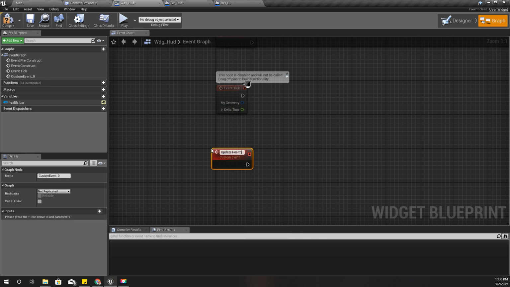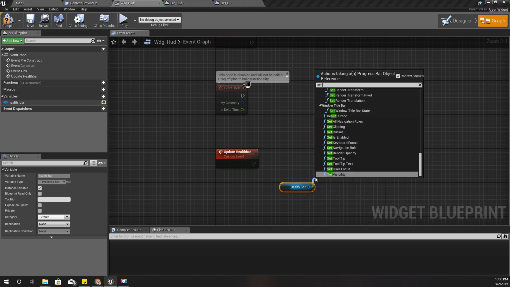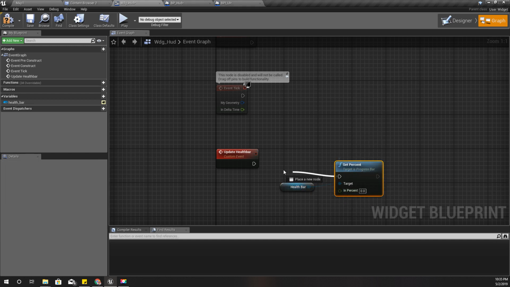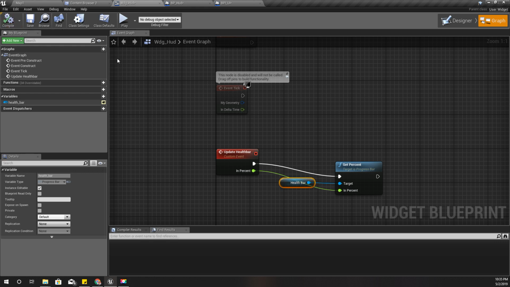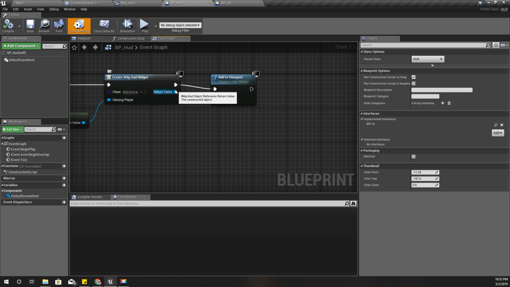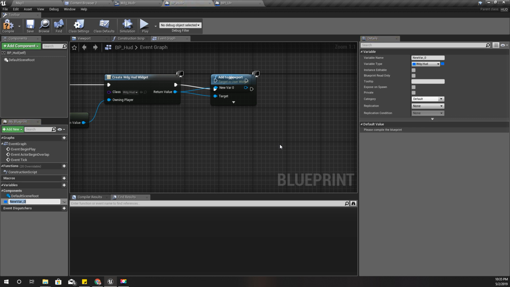Update health bar, and let's set this health bar value here. Set percent, and the percentage value should come from here like this. And in the HUD, let's promote this to WDG HUD,